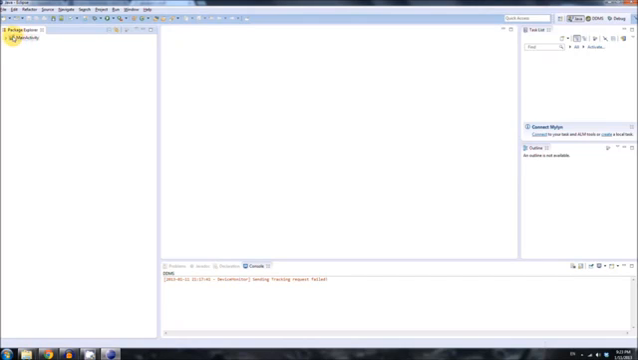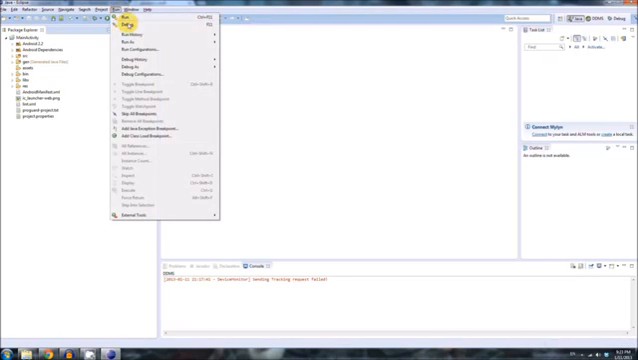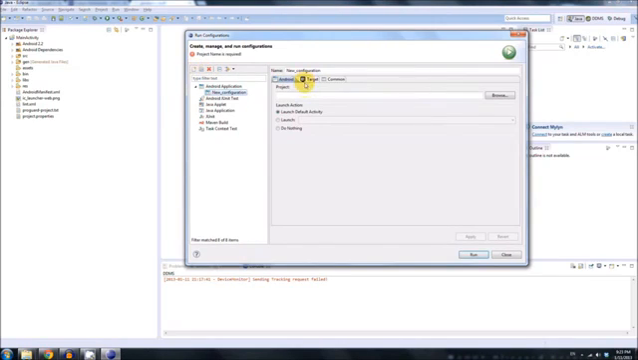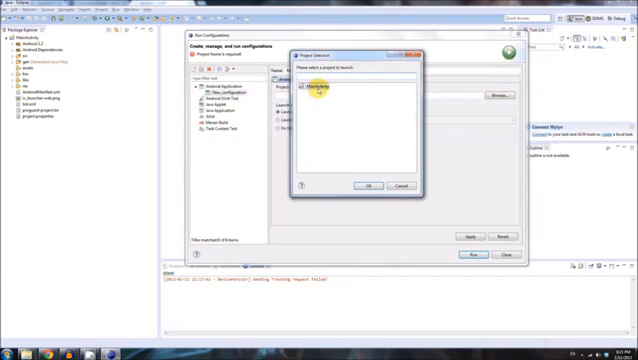Okay, so the thing is in here, before you can run it, you need a run configuration. So click Run, go to Run Configurations, select Android Application, click the New Launch Configuration button, and then call it whatever you want. Run config alpha. Okay, project, browse, main activity,